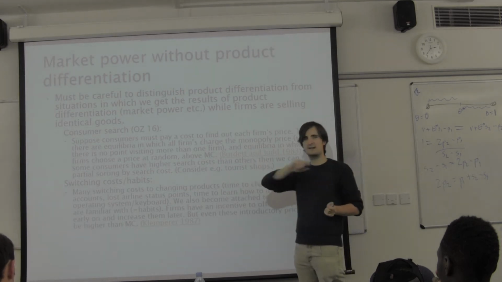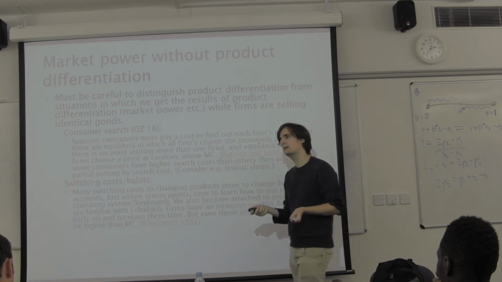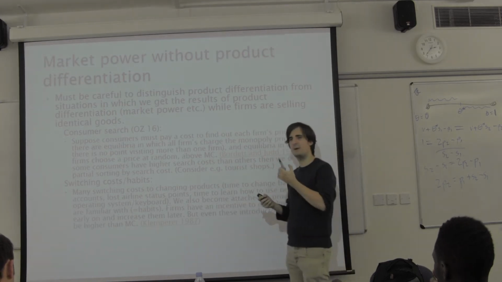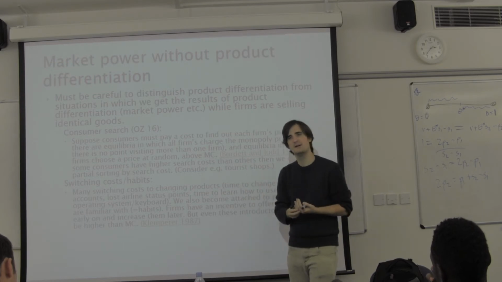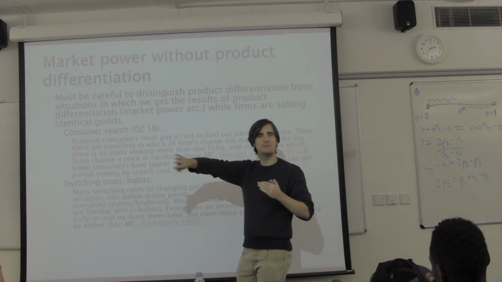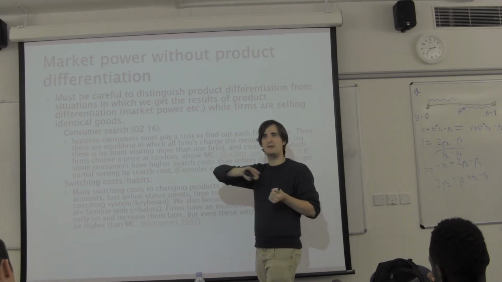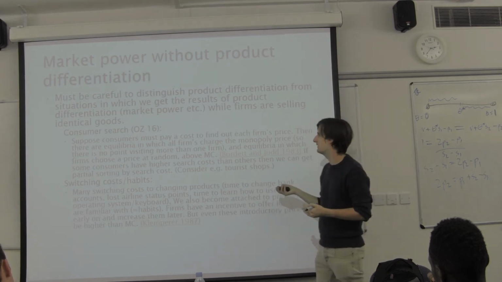Okay, they're all selling exactly the same good. There's no difference between consumers. There's no difference between goods. But because consumers have to pay this search cost, it turns out there's a mixed strategy equilibrium where firms choose a random price above marginal cost. Okay, so firms are making quite high profits in this equilibrium, and this is just because